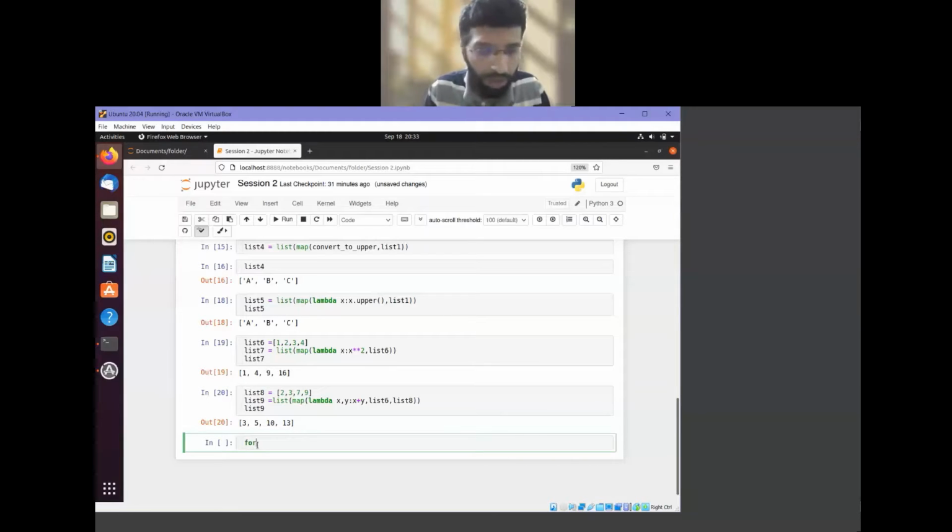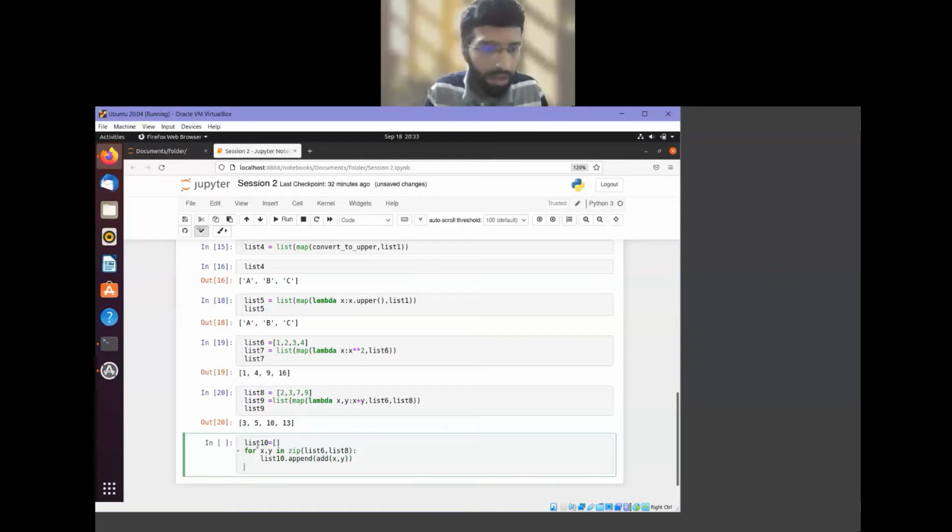I can write for x comma y in zip list 6 comma list 8, with list 10 equal to an empty list, then list 10 dot append add x comma y.